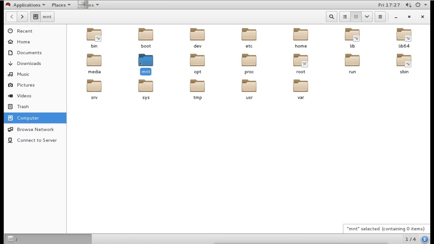They are empty, and they are for that use. We can mount or create a link here using the mnt or media directory. We don't have any file here, but we can mount our CD, DVD and external media, or our flash drive, onto these directories. So we can use these directories to mount external storage.